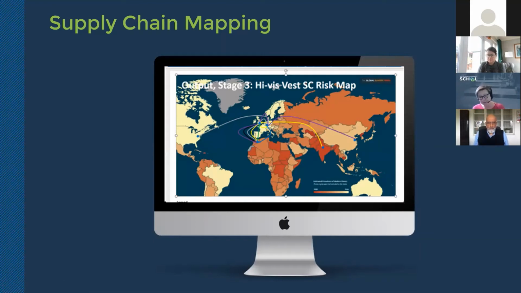We've done this in the supply chain school. We've done it around things like high-vis vests. We've done cleaning products, and a high-vis vest itself, from two different partners and two different organizations, has two completely different maps. So mapping and really getting into the supply chain and understanding what's happening within those tiers is good, but it's a long-term investment and needs to be done really targetedly in a way that can really start to drive. And we'll cover some of this in the international bit next time in March, about how we might want to pick some of those category areas.